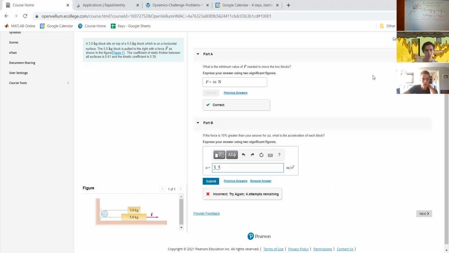In part 2, if the force is 10% greater than your answer for part A, what is the acceleration for each block? So you're going to say that's basically 92.4 newtons. That should be the force you use. And since it's actually greater than that, you're going to apply the kinetic friction as opposed to the static friction. So with that one, you'll have basically, let me, I think I got all the numbers, 5 kilograms,